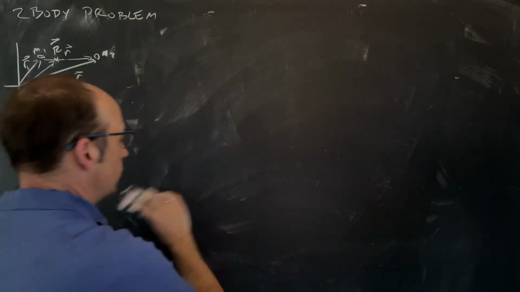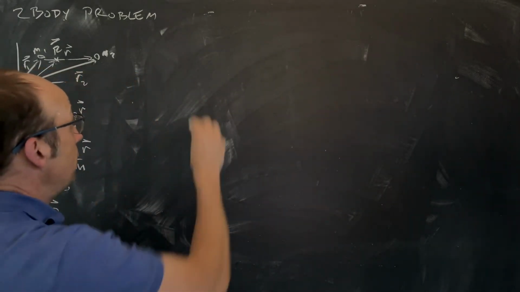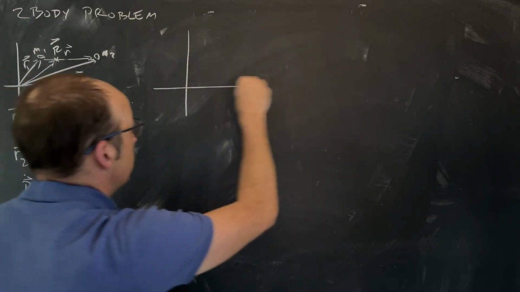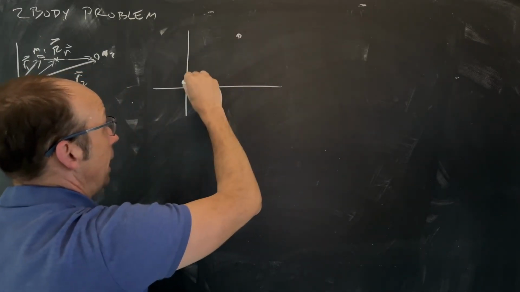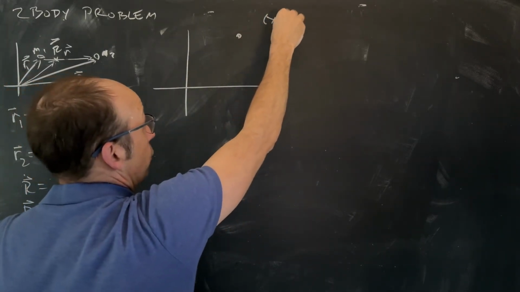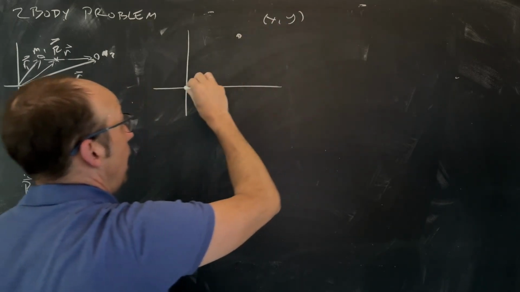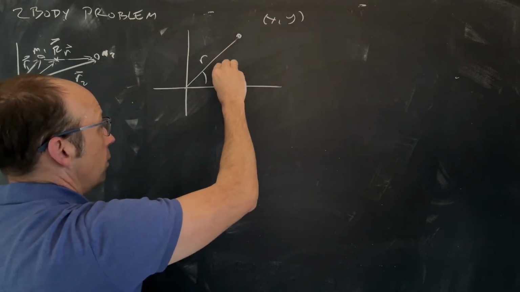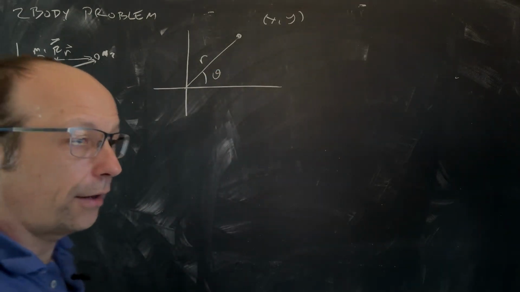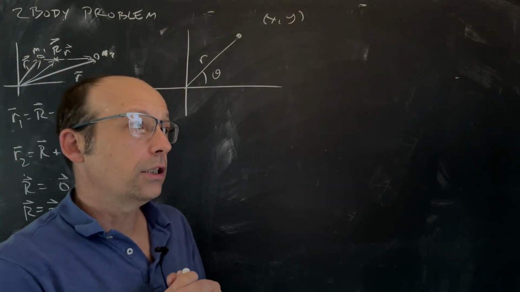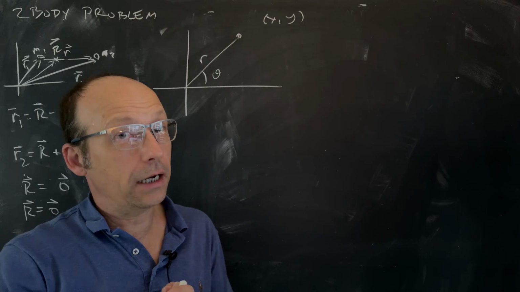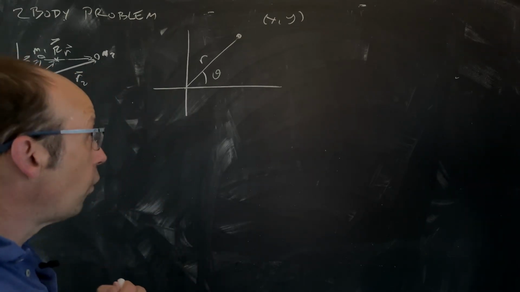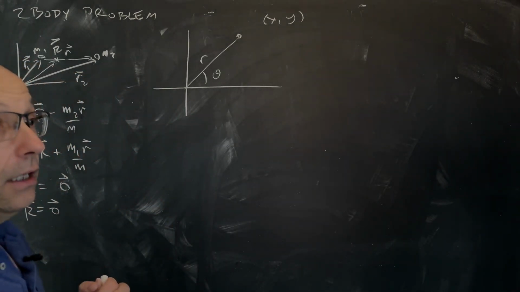Because angular momentum should be conserved. So now I have this. Here's my reduced mass. It has an x and y value, right? That's what we've been dealing with. And I can represent that with a vector, with polar coordinates, r and theta. Okay. So in polar coordinates, and I'm not going to do this fully, but I can write the Lagrangian in